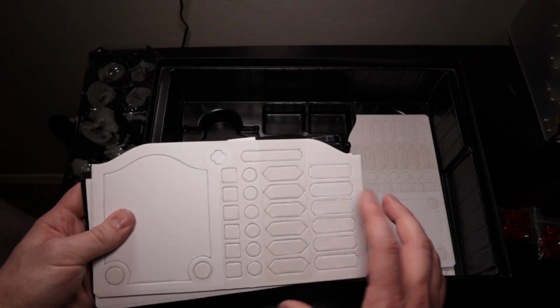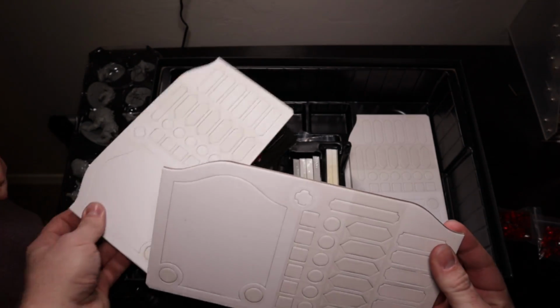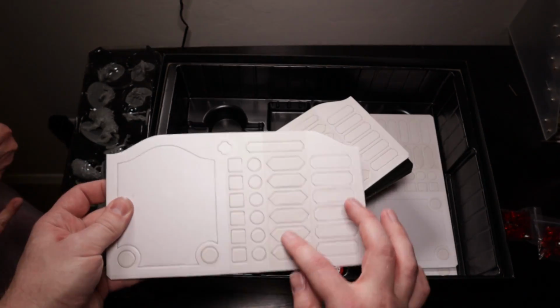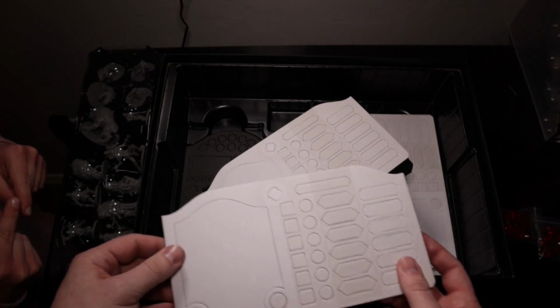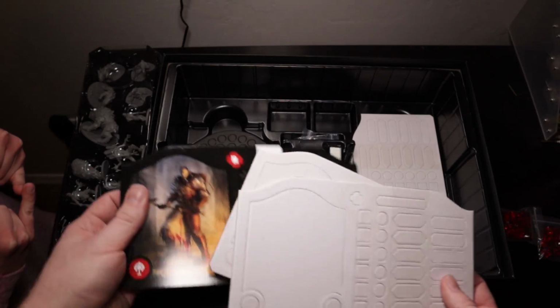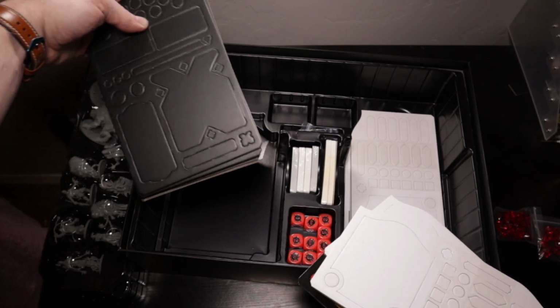So anyway, what I was saying is these are taped. Well, not taped, but... maybe they're not. Maybe that's just a gray part. Yeah, see, I'm just crazy. It looked like it was taped here, but it is not. Whereas these do have a band around to keep them there. And then underneath here, you have...